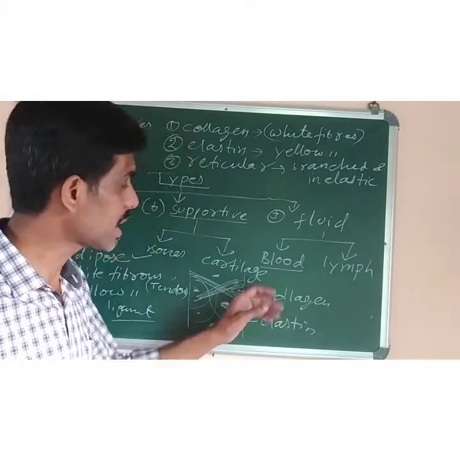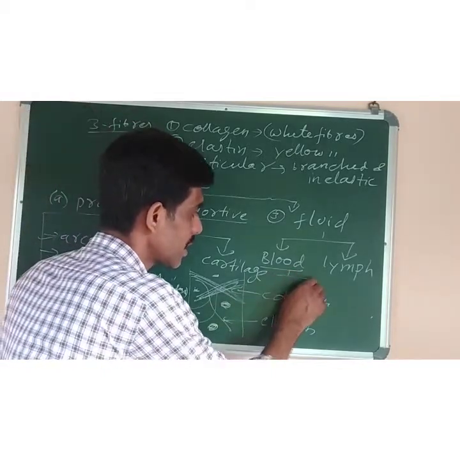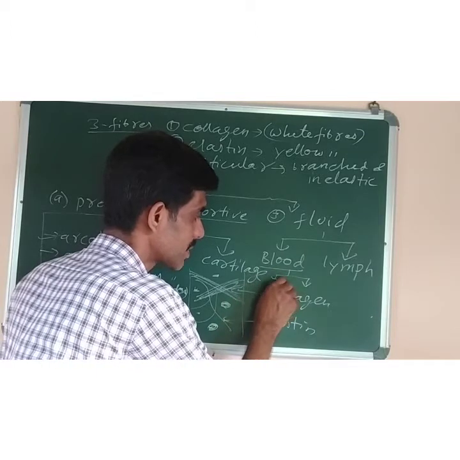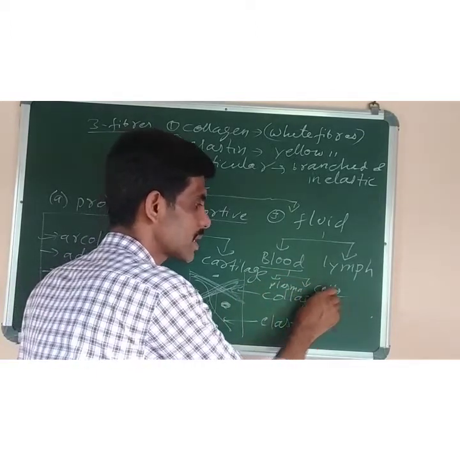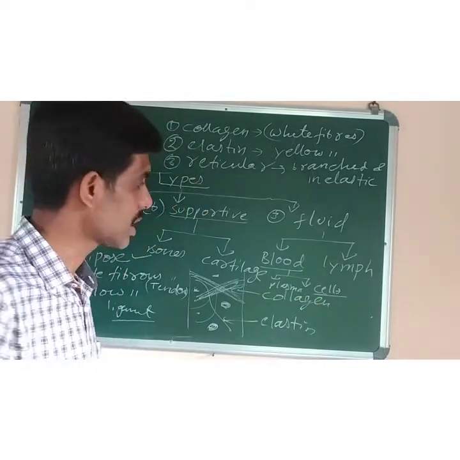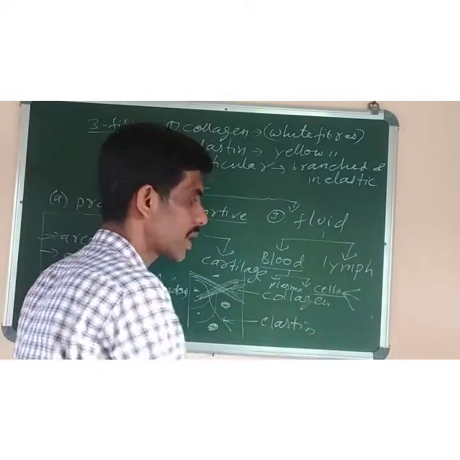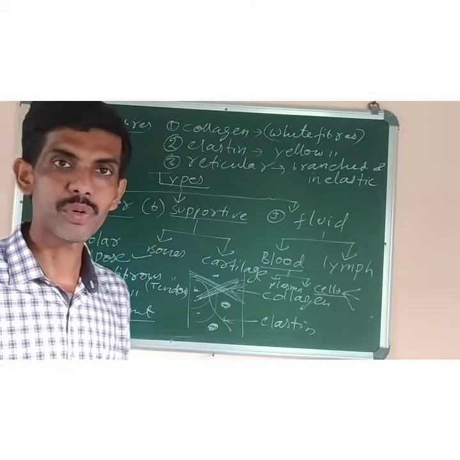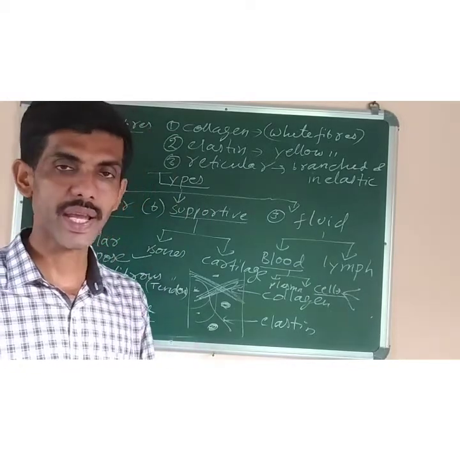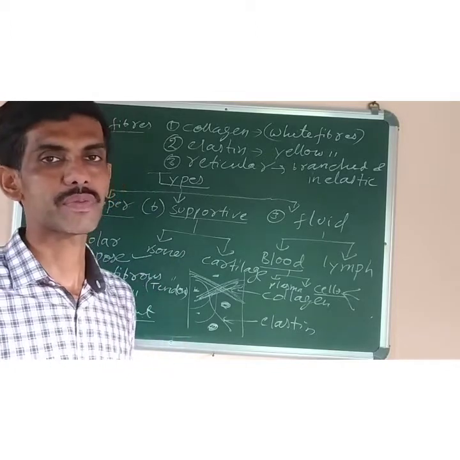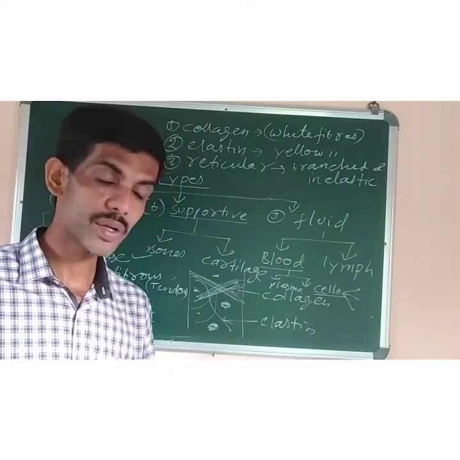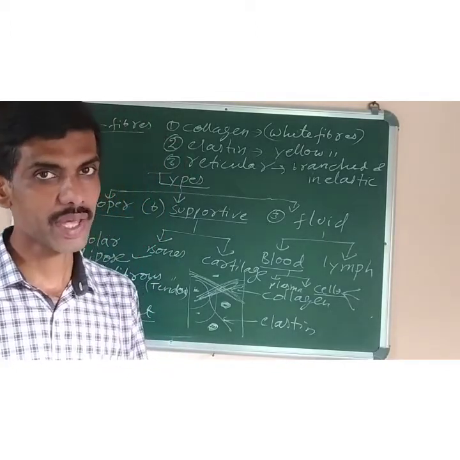Now this blood is made up of two parts. What are they? The liquid part of the blood is called plasma. What is it called? Plasma. And the blood cells are also known as corpuscles. Now again, blood cells are generally said to be of two types: granulocytes and agranulocytes. If they contain granules in their cytoplasm, they are called granulocytes. If they do not contain granules, they are called agranulocytes.